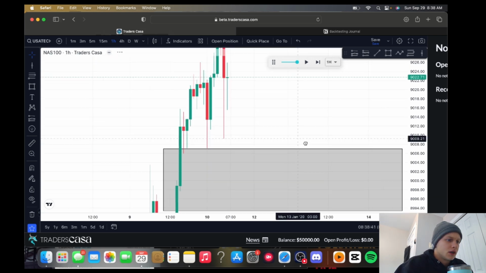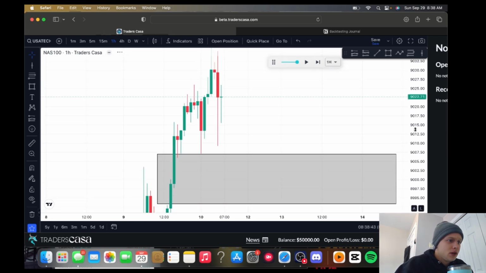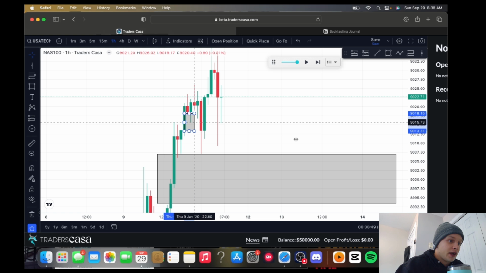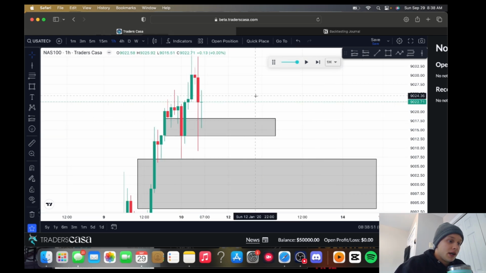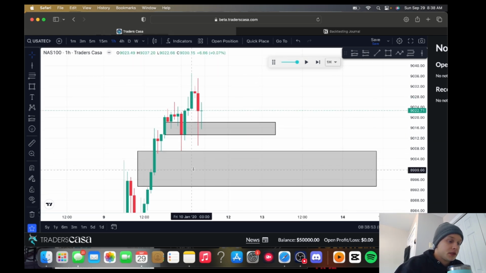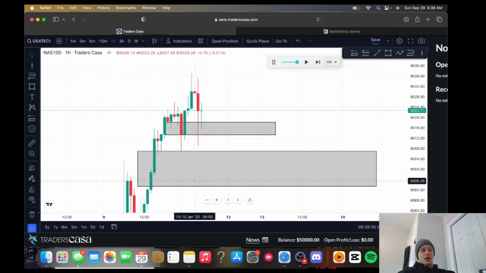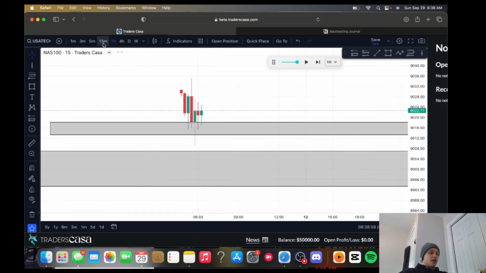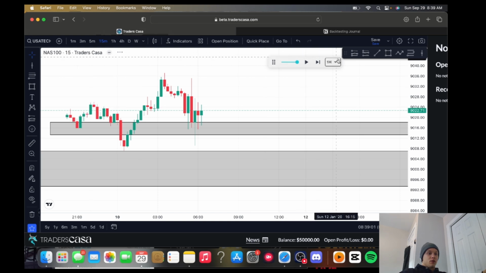We are bullish on the 1 hour, but we never did. Damn. Okay. So we're bullish on the 1 hour. We are respecting this fair value gap here. Ideally, honestly, I'd like to see us probably trade to this. Actually, I wouldn't want to take a short. I'd want to probably see us trade to these and then respect them and go from there. So that's what I'm open to.